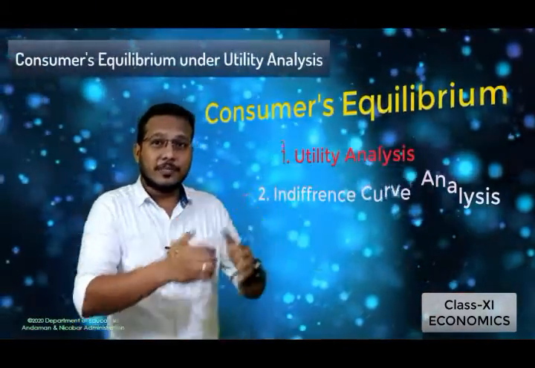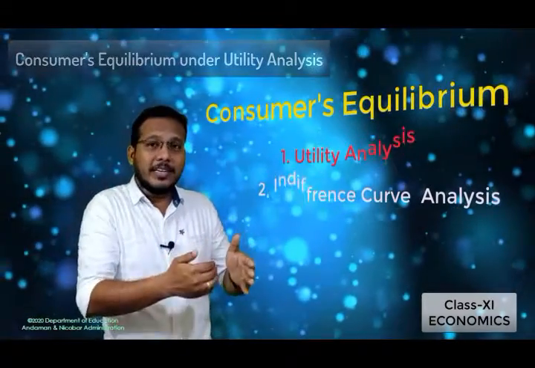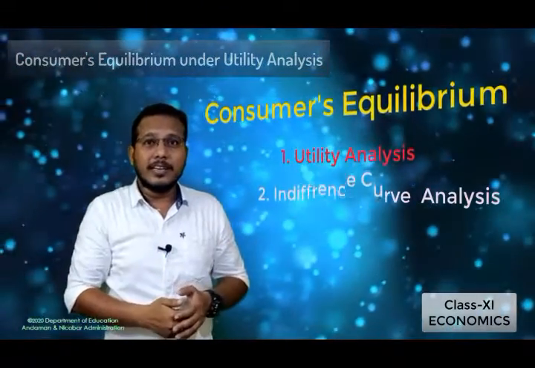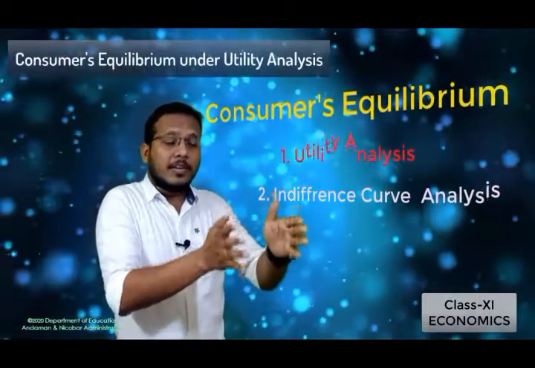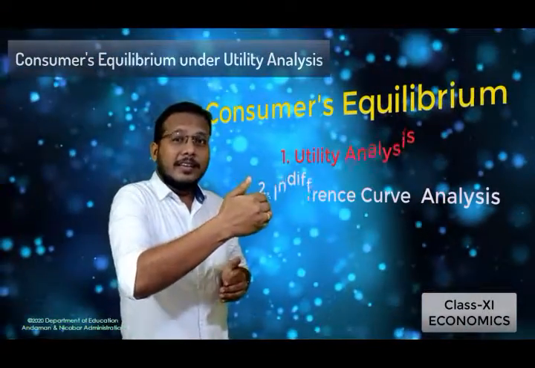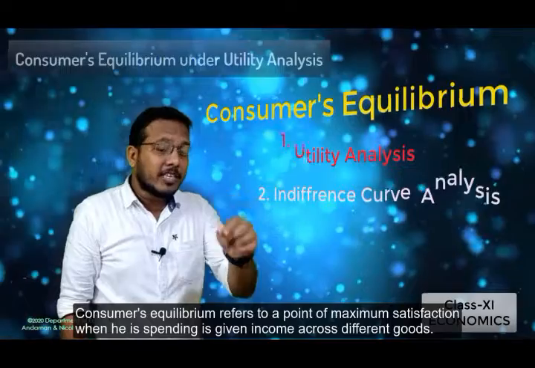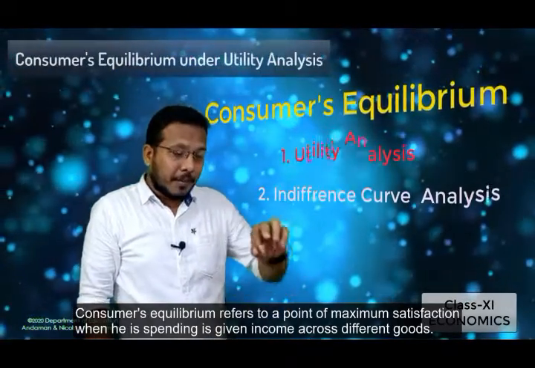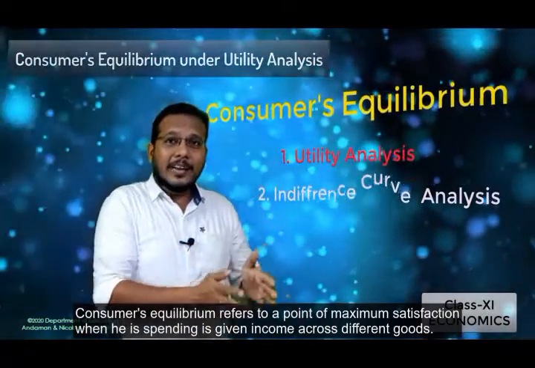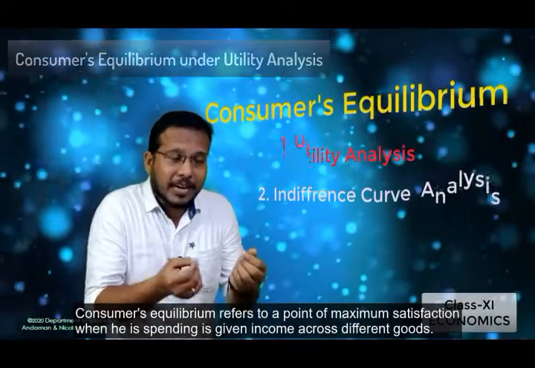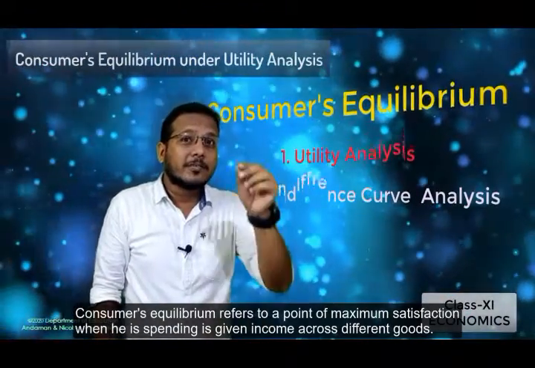So here in this unit, what we will study is the situation where we can determine when a consumer gets to an equilibrium stage. So when we are talking about the equilibrium stage, जहाँ पे हम संतुलन की बात करते हैं, तो हमें ये ध्यान रखना होगा कि ऐसी कौन सी स्थिति होती है जहाँ पे एक उपभोक्ता संतुलित स्थिति पर रहता है। कहने का अर्थ है कि जब वो अपनी आवश्यकताओं को पूरा करता है, when the consumer satisfies his needs by the available resources, at that time the resources which give him maximum satisfaction by using his resources, that means by the income which he has in his hand, and with that income, when he is satisfying his needs by getting the resources from the economy,